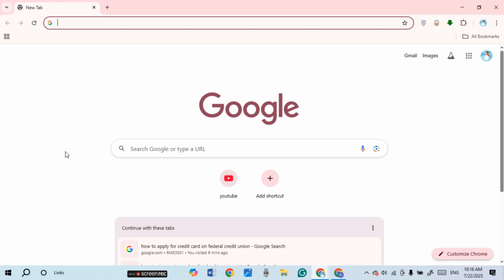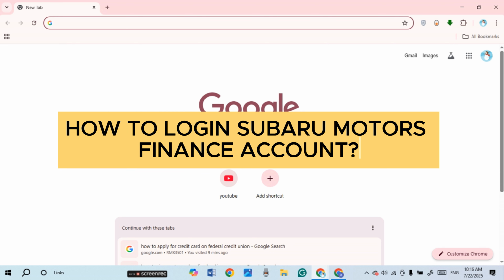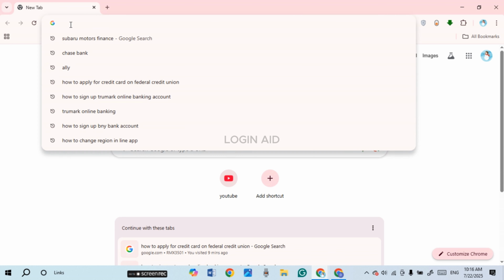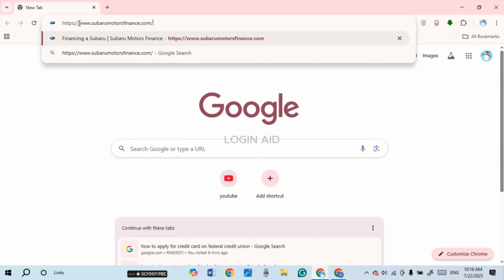In this guide video, I will show you how to log in to your Subaru Motors Finance account. So first of all, launch any browser of your choice. You can see over here I have opened Google Chrome. Now click on the search bar and type in this link